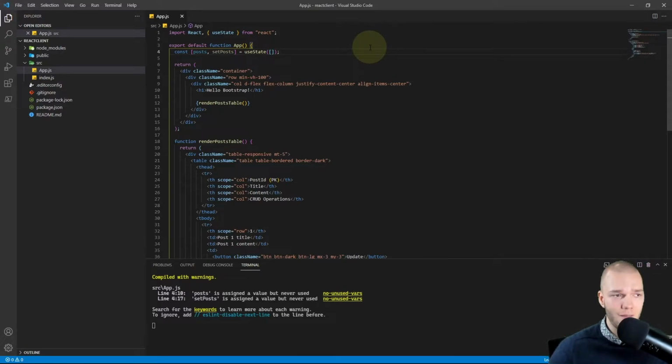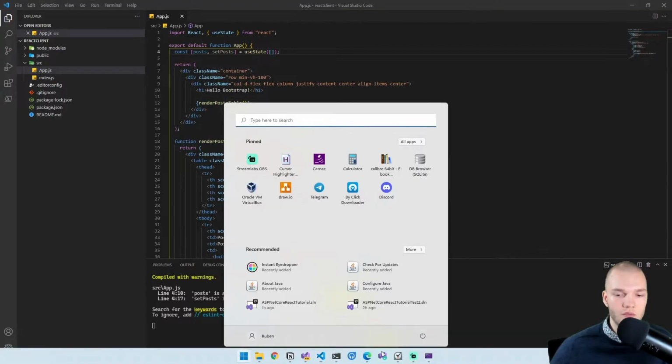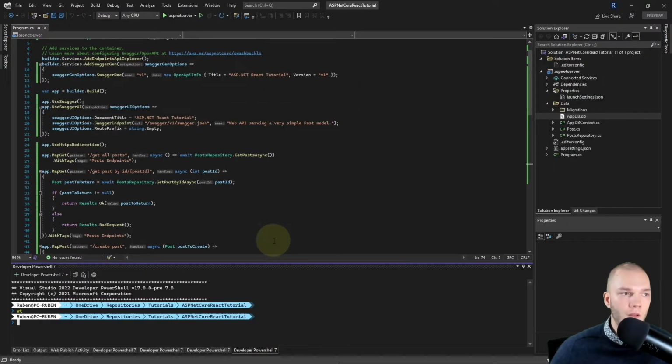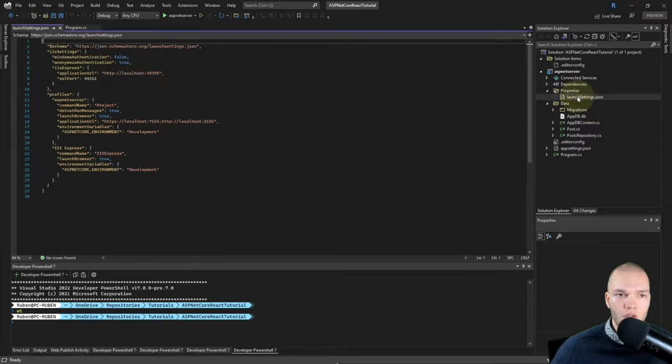Let's get them from our web API, and I first want to figure out what the address of our web API is. So for that we'll go back to Visual Studio, and I'm going to open ASP.NET Server, Properties, launchSettings.json, and I want to interact with the HTTPS variant.